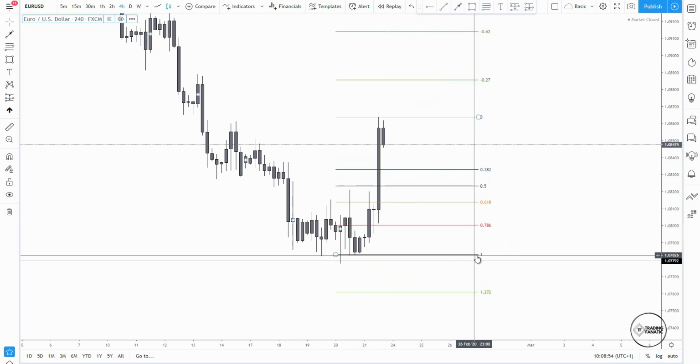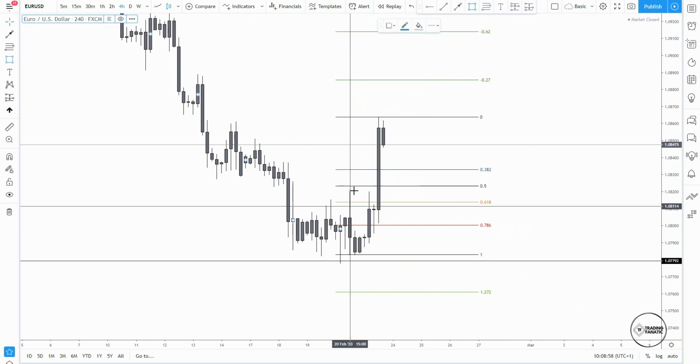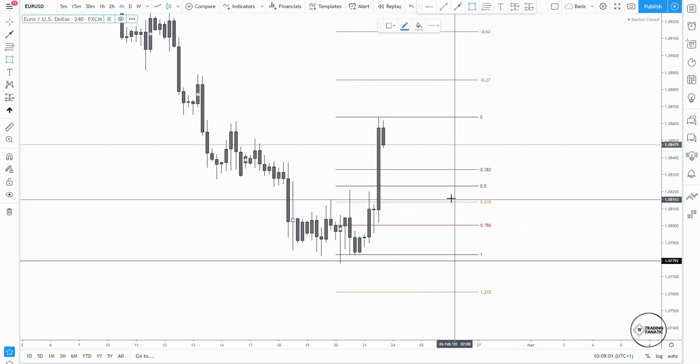We can just drop a very simple fib. And the last structural point, well, we have a lot of wicks right here, so I would target the 61.8% personally. How I think this price action will develop